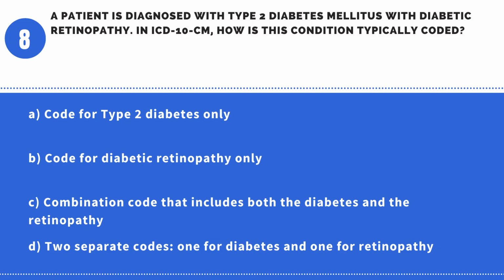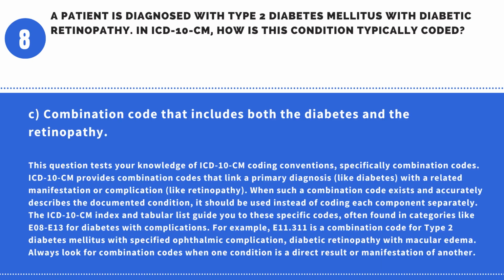Answer C. Combination code that includes both the diabetes and the retinopathy. This question tests your knowledge of ICD-10-CM coding conventions, specifically combination codes. ICD-10-CM provides combination codes that link a primary diagnosis, like diabetes, with a related manifestation or complication, like retinopathy. When such a combination code exists and accurately describes the documented condition, it should be used instead of coding each